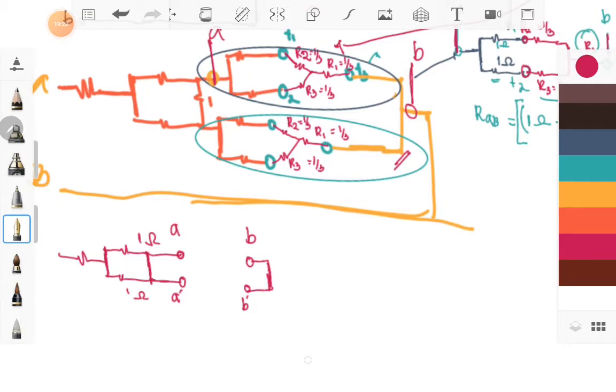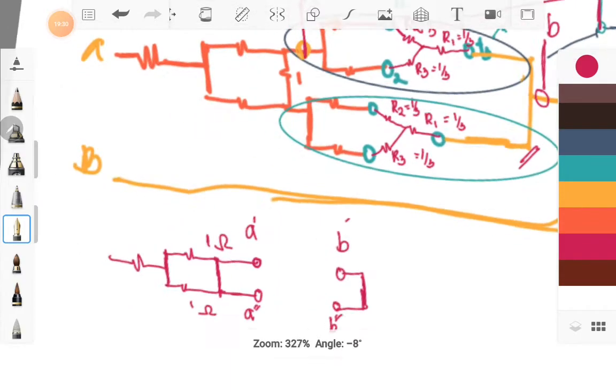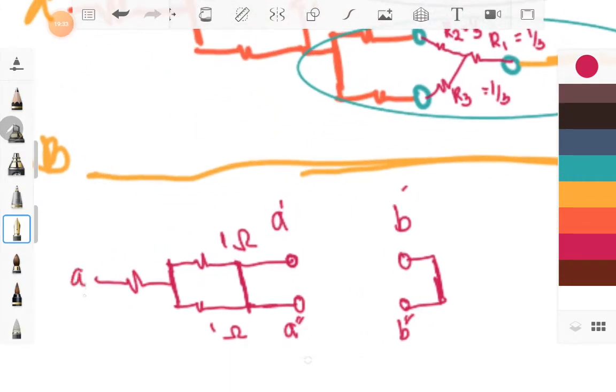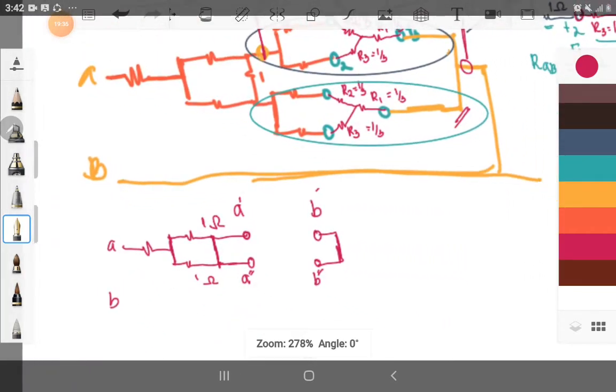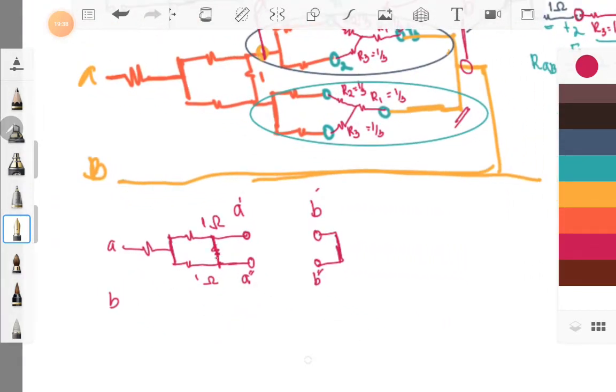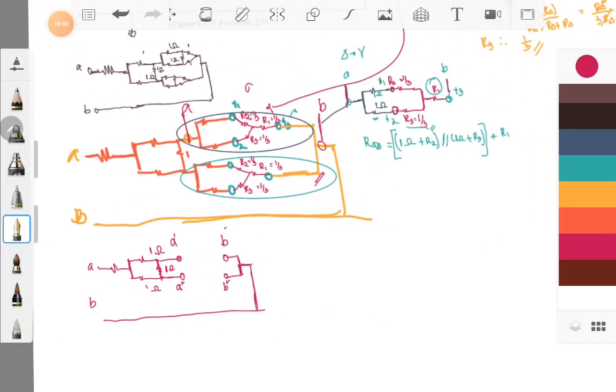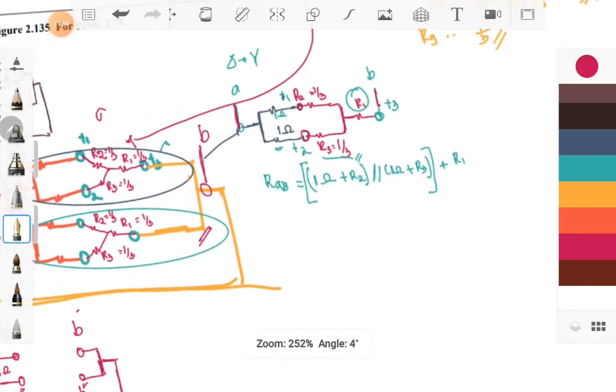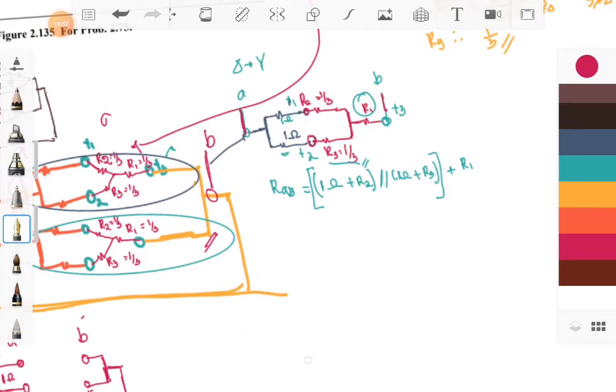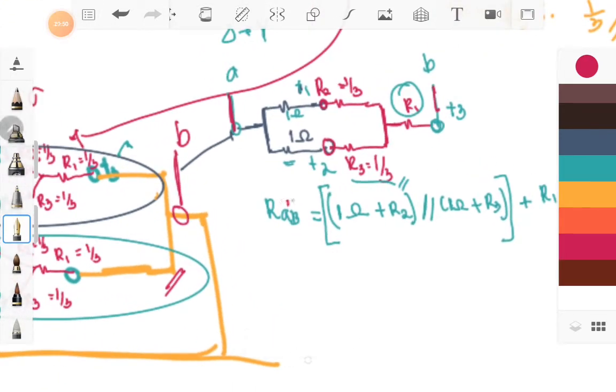Okay? Yan. And then, sige, A prime na lang to, B prime na lang to, and double prime itong dalawa. Kasi nga naka A and B to, di ba? A and B. Right? So, this will be our A and B. So, take note that may 1 ohm din dito. This is our 1 ohm. Okay? So, our RA prime B prime, therefore,